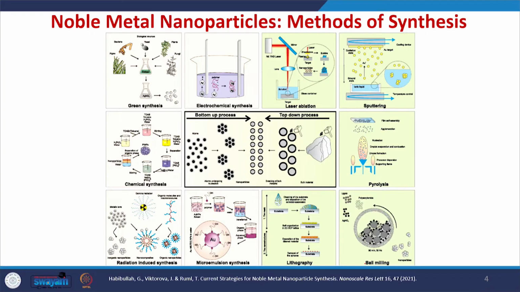As I told you in the previous lecture, we can synthesize the metal nanoparticles by both top-down as well as bottom-up approach. In the previous lecture, we learnt about ball milling, how to use ball milling to make nanomaterials. We can also use ball milling to make metal nanoparticles, and under the bottom-up approach, we can make nanoparticles through chemical synthesis. In today's lecture, we are going to learn about the chemical synthesis method, how to prepare gold nanoparticle by chemical synthesis as well as through the microwave method.